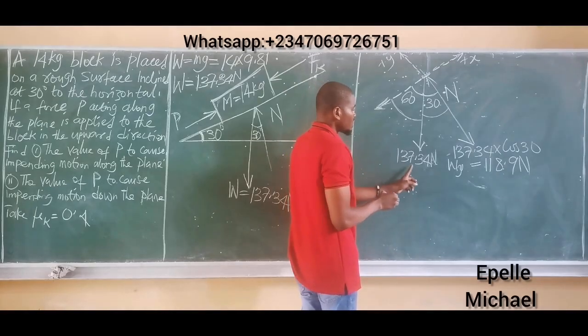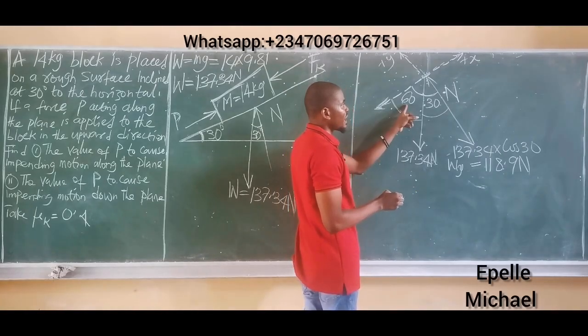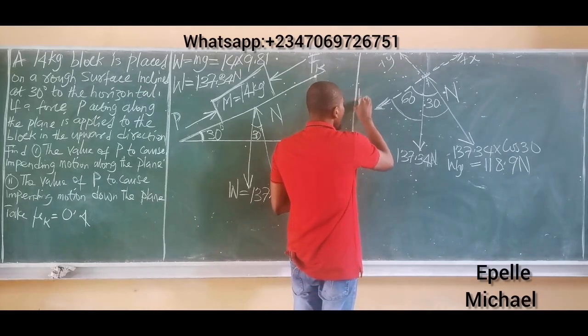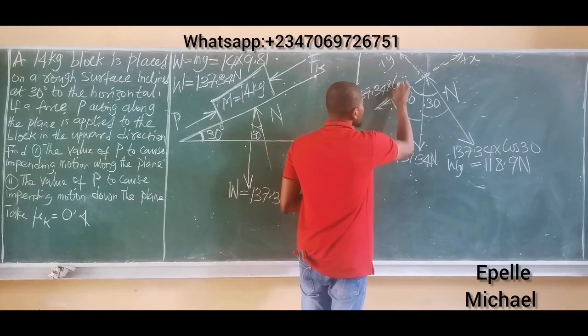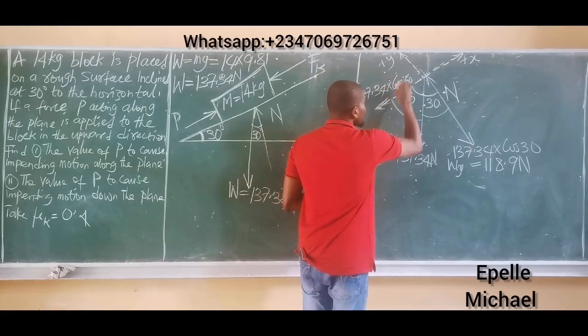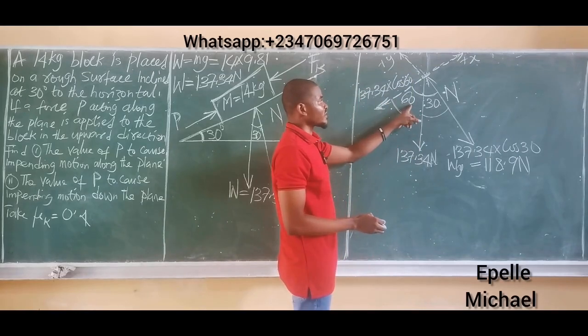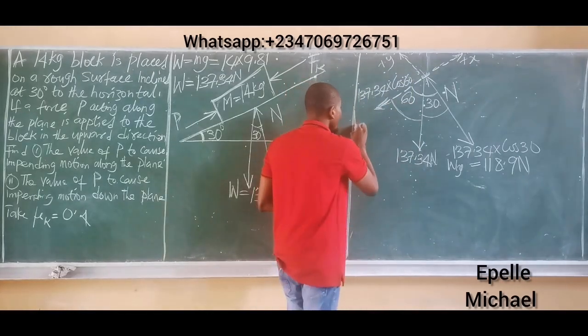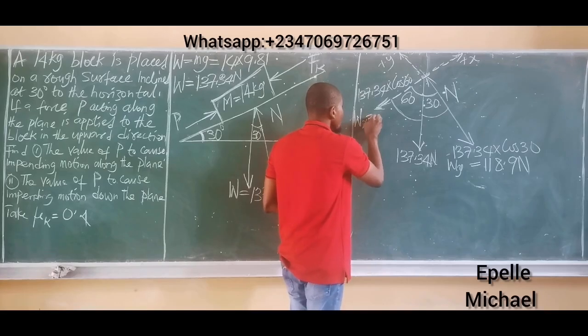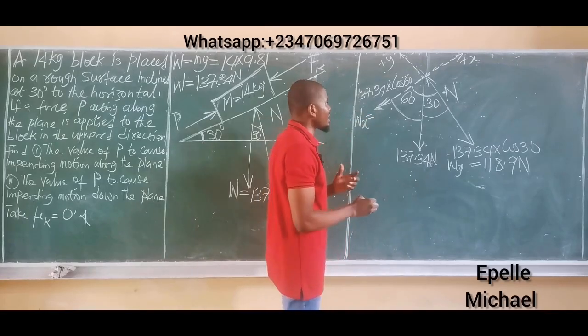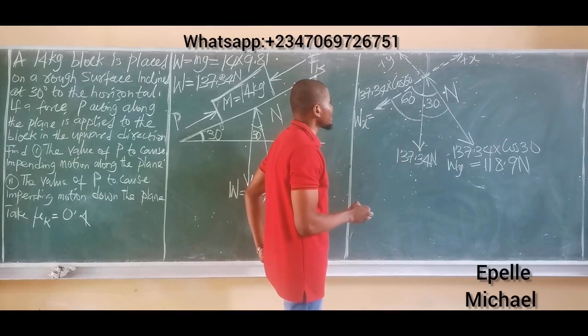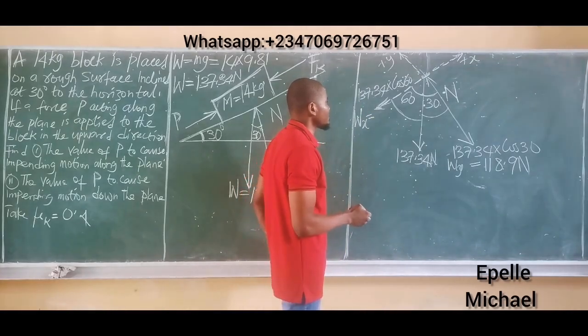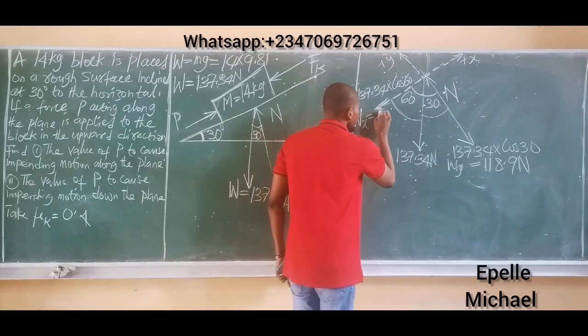The value is this force multiplied by the cosine of the angle it passes through, so 137.34 multiplied by cos 60. So Wx, the weight in the x component, is 137.34 multiplied by cos 60. That simply gives us